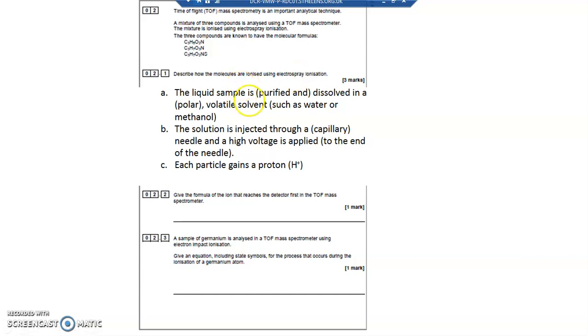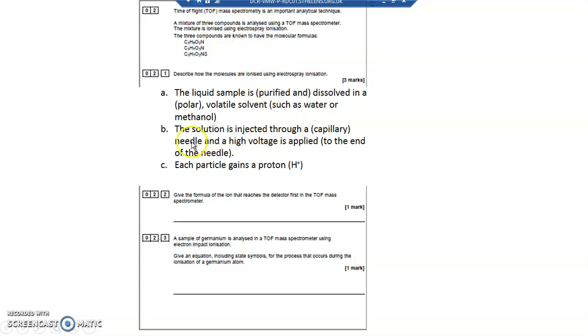And what you do first of all, you take the liquid sample and dissolve it in a volatile solvent. A volatile solvent is one that's got a low boiling point, something like water or methanol. It helps if it's purified at first and if the solvent is polar, something like water or methanol that's got delta plus and delta minuses, polar bonds and hydrogen bonding. But you get the marks for saying the liquid sample is dissolved in a volatile solvent, or a solvent with a low boiling point, and then the solution is injected into the mass spectrometer